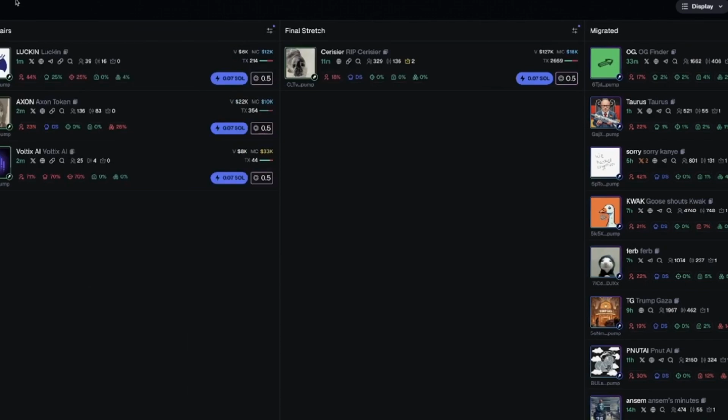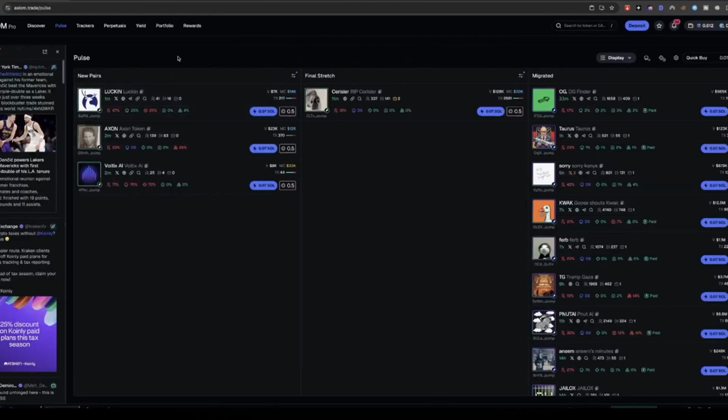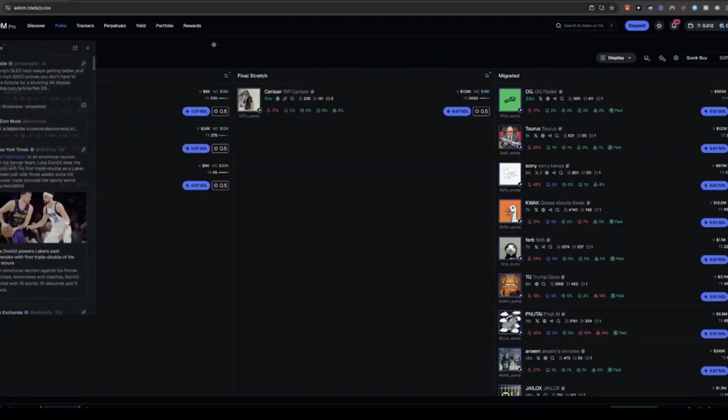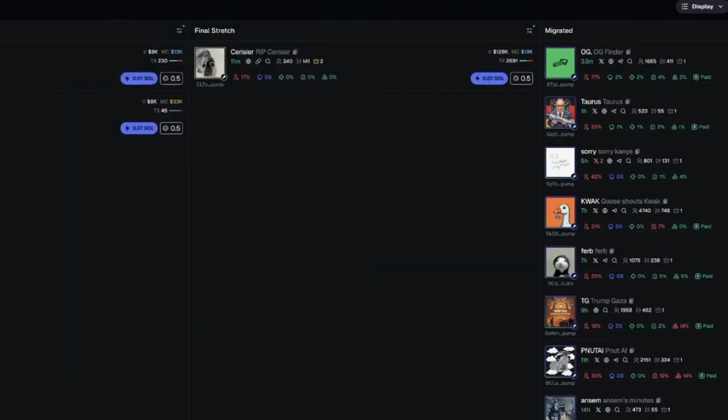It should be in the middle of the screen. But the way I like to do it, you can just drag it with this button right here. I just drag it to the left side of the screen. So obviously you can move it around as you want. But I just like to put it here out of the way, just so it's clear.